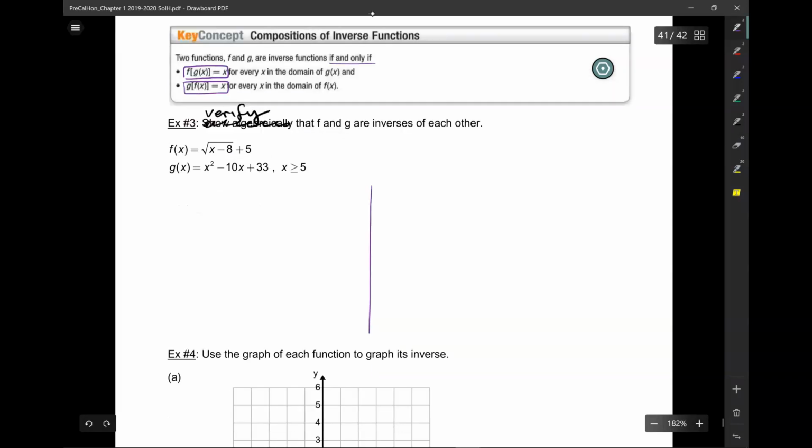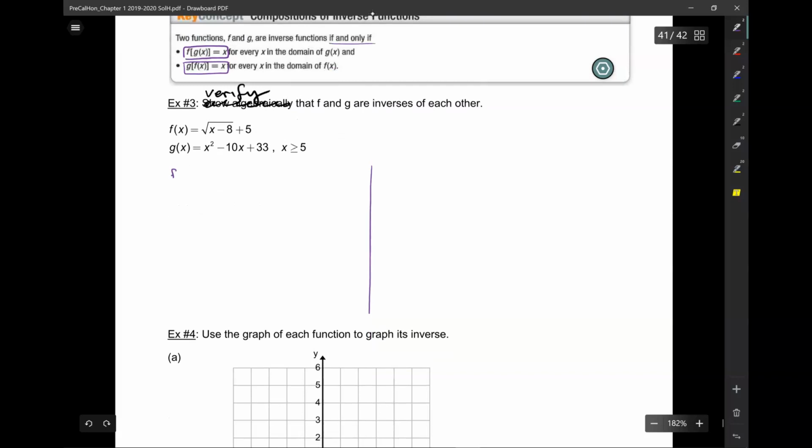And so what you have to do is this. You have to split your page into two. In the first half, you have to find f of g of x. And then on the second half, you have to find g of f of x. All right, so let's do that here. F of g of x. So this g of x goes into f of x. So that's going to be the square root of g of x